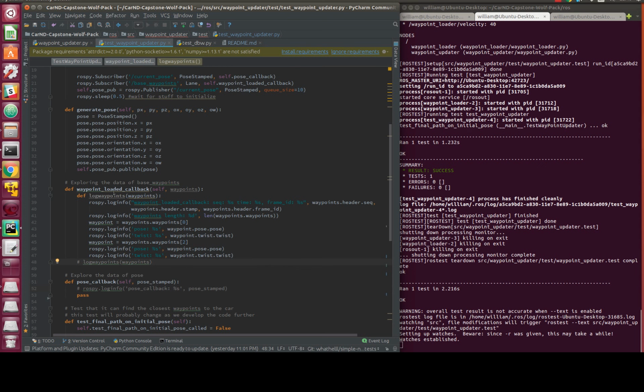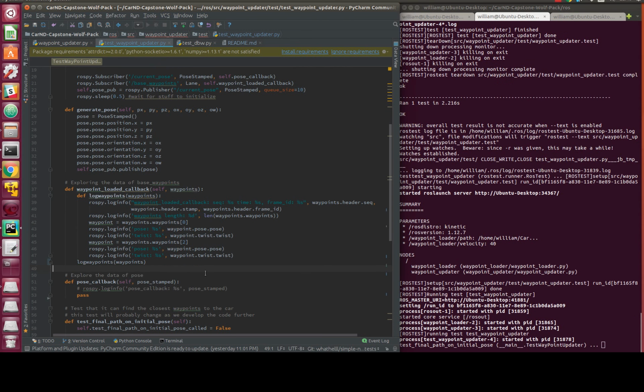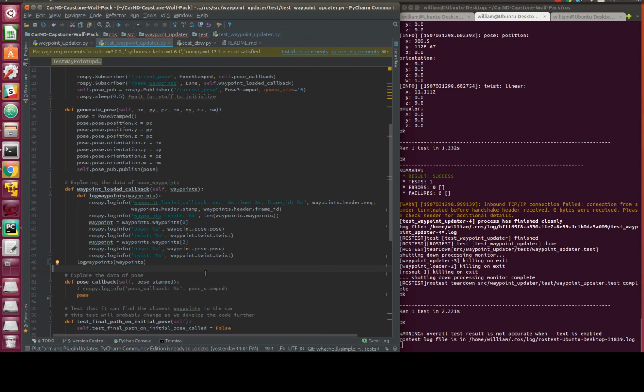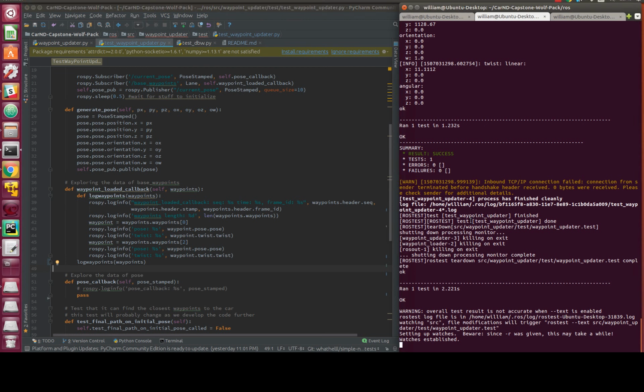For example, in waypoint loaded callback, I'm able to log just the first waypoint and the second one selectively without having to see the whole thing, because when you look at it, it's actually